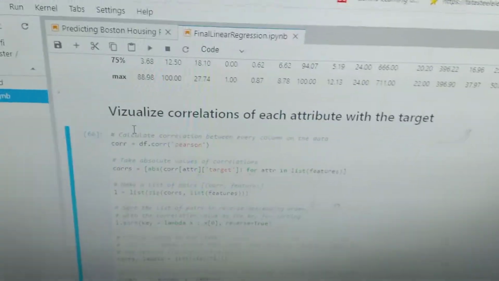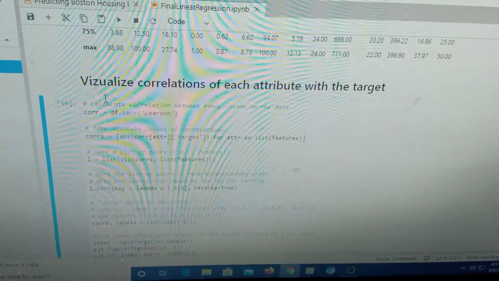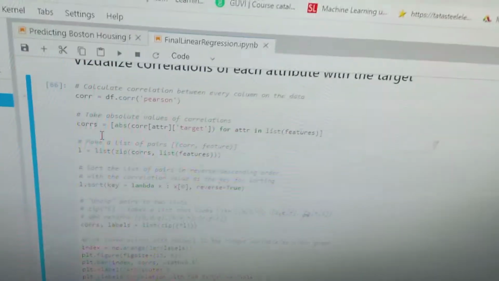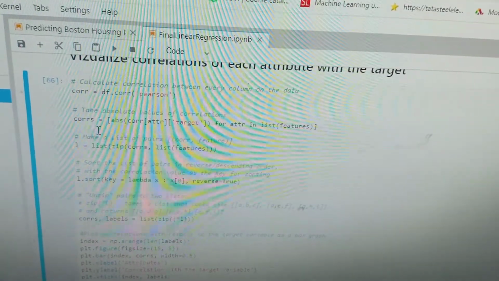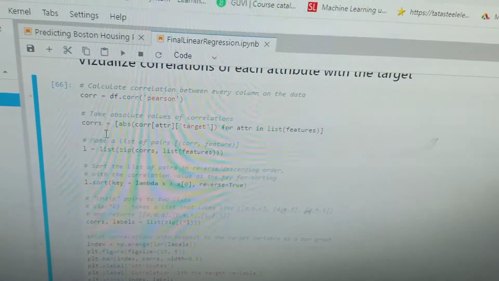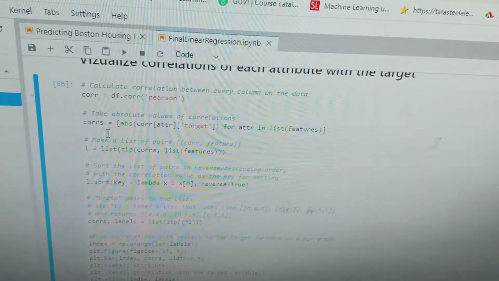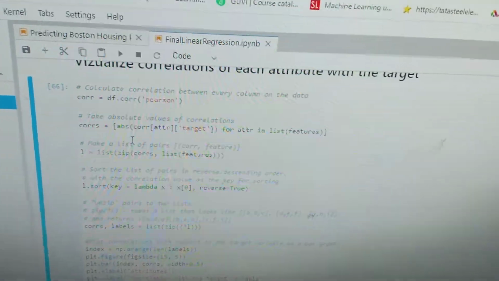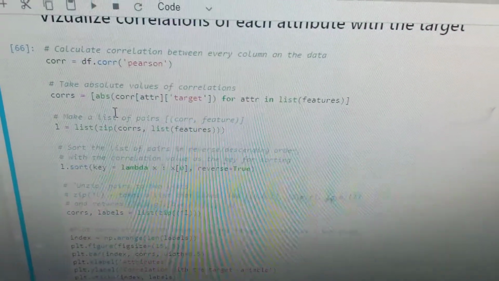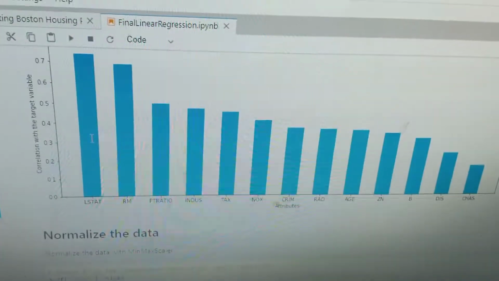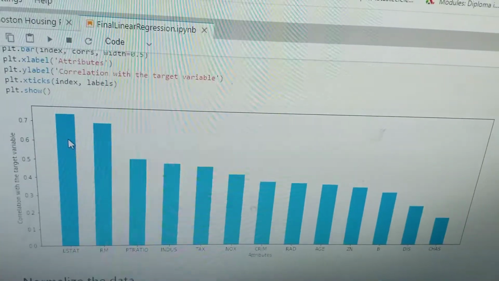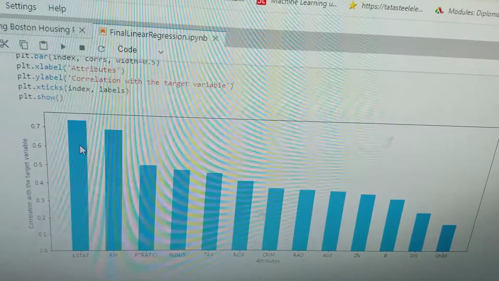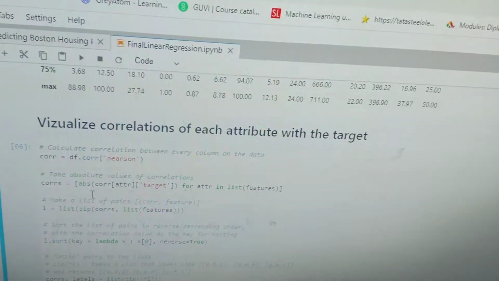The third step is to visualize the correlation of each attribute. Correlation is basically the relation between the target and the attribute, and for this we have used the Pearson model. Now we have used the absolute values, which we will zip, sort, and then using the matplotlib functions we will plot the graph. After plotting the graph we will have an idea of which attributes have a positive impact and which have a negative impact.